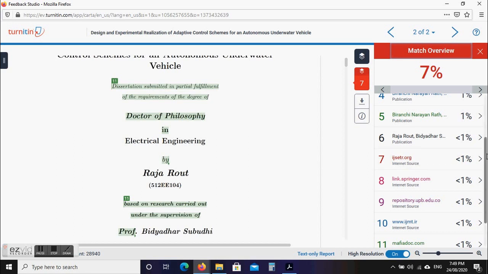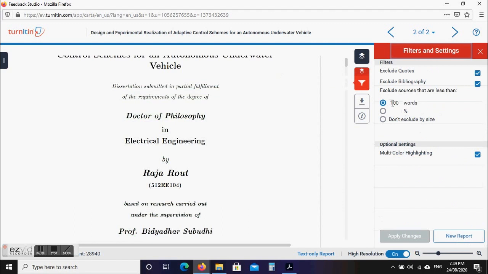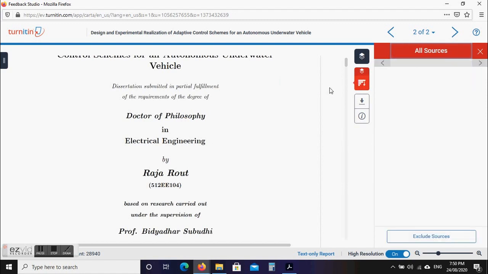That's why those under 100 were removed, but if there was more than 100 words but less than 1%, it still exists here. So that is the purpose of these two filters. Don't get confused with consecutive words.